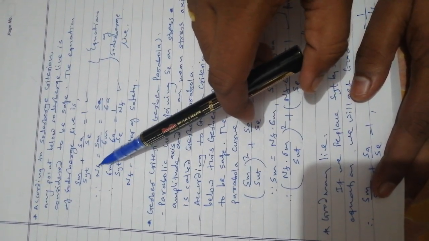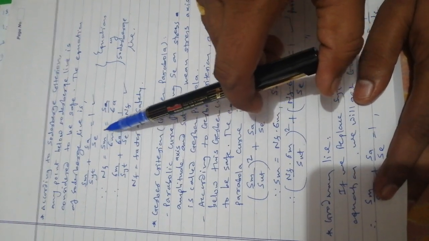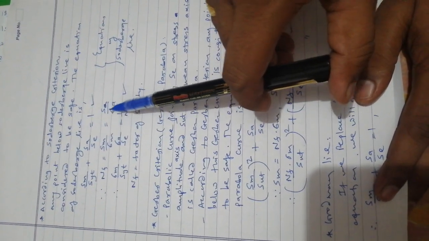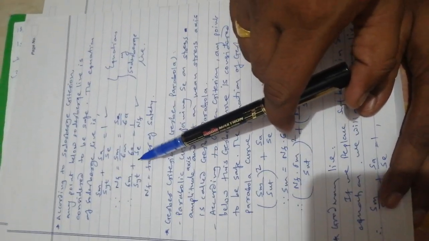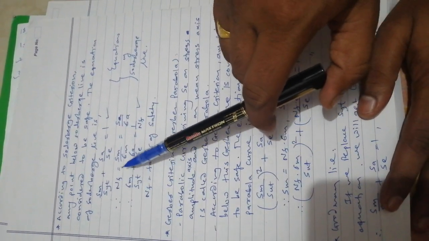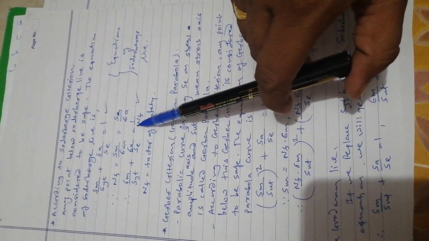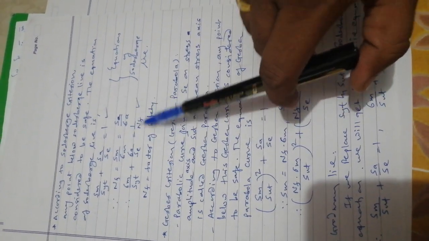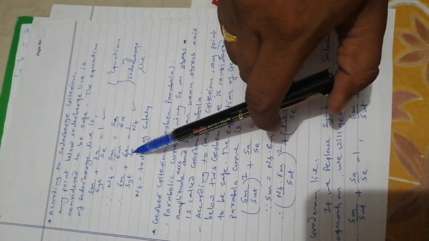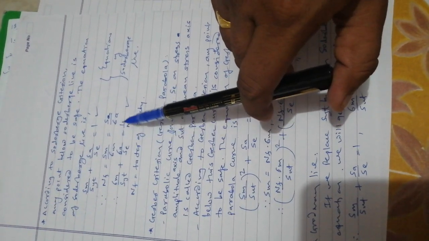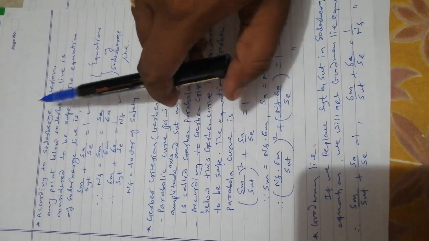Since we know the factor of safety Nf is Sm upon sigma m, or also we can write Sa upon sigma a, substituting this in the above equation we get another equation of the Soderberg criteria, that is sigma m upon Syt plus sigma a upon Se is equal to 1 upon Nf. Nf is the factor of safety. So these two equations we use to solve numericals or to get the various values if the remaining values are given, if it is a Soderberg criteria.